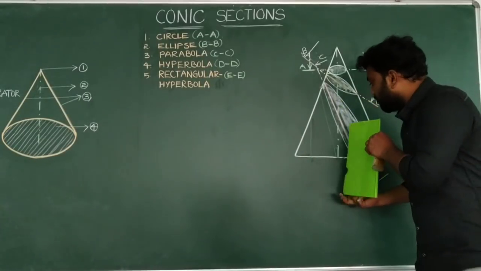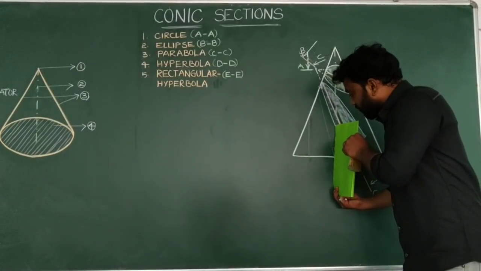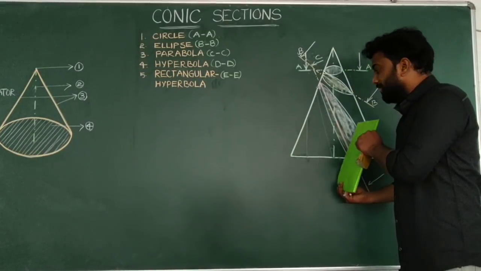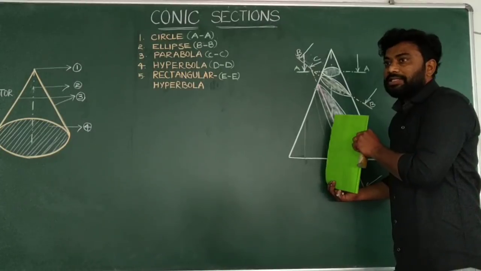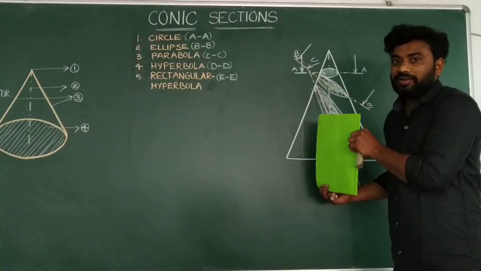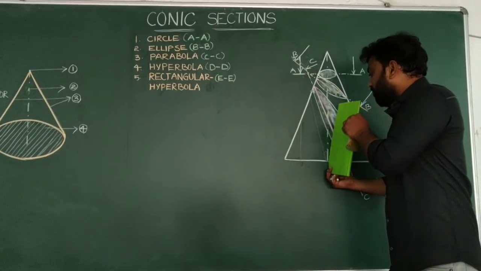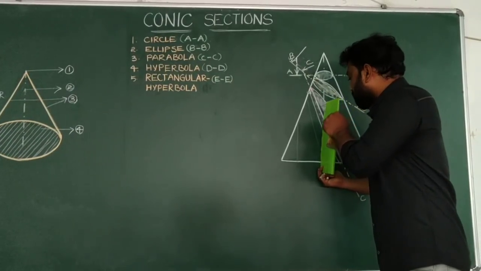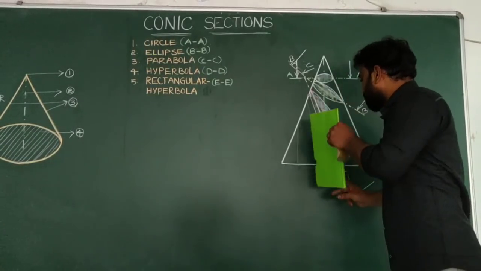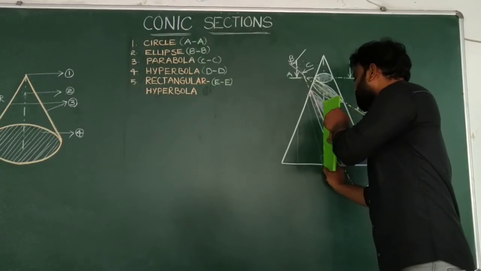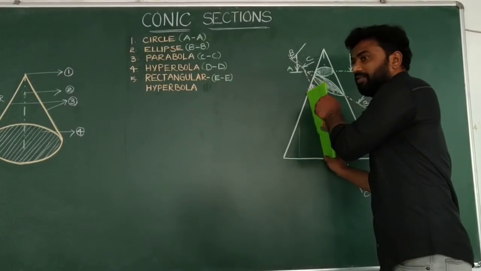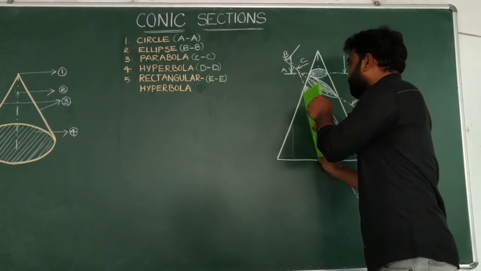That means this is the axis of the cone. We can cut the object either left side portion or right side portion, that is your wish. But the condition, the sectional plane must be making smaller inclination with respect to the axis of the cone. So here I am taking left side of the axis. It is not passing through the axis, it is having small distance. So we can take a small distance and tilt this way, just a smaller inclination with respect to the axis of the cone. Then cut the object in this way.